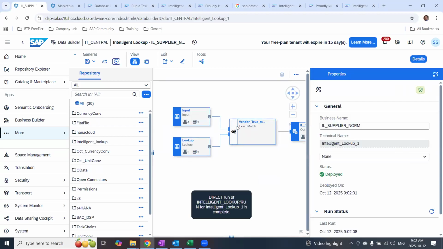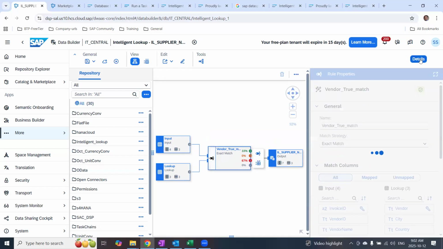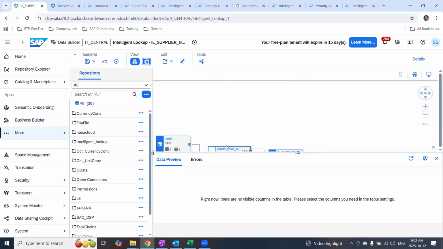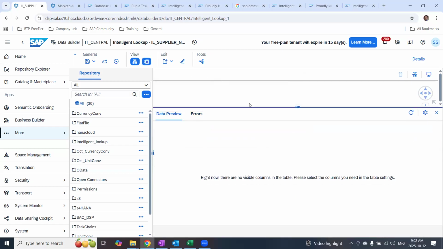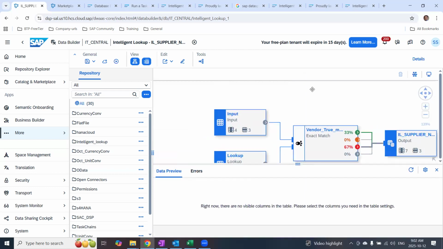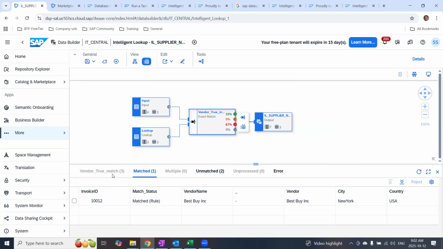It will run the rule we defined, and then the run status. You can see some results out of it. So 33% matched, 67% rejected, which means one record got through, but the rest all failed. So you can see in the content of the data if you want to analyze what happened. Okay, well, this is somewhere here. So select it, and you can see different tabs here: vendor, this is the rule, and matched,